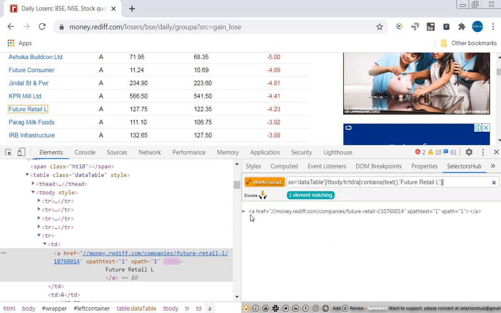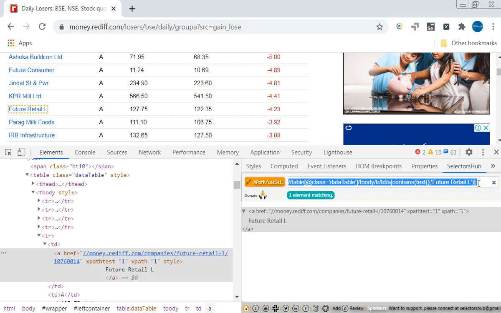Yes, now we are able to identify Future Retail. If you look at the XPath, first I'm identifying the table, then table body, then table row. The table row contains table data; 5 table data are there. In all the table data, there is one table data having a, that is the anchor tag. Then the anchor tag contains text, comma, Future Retail L.